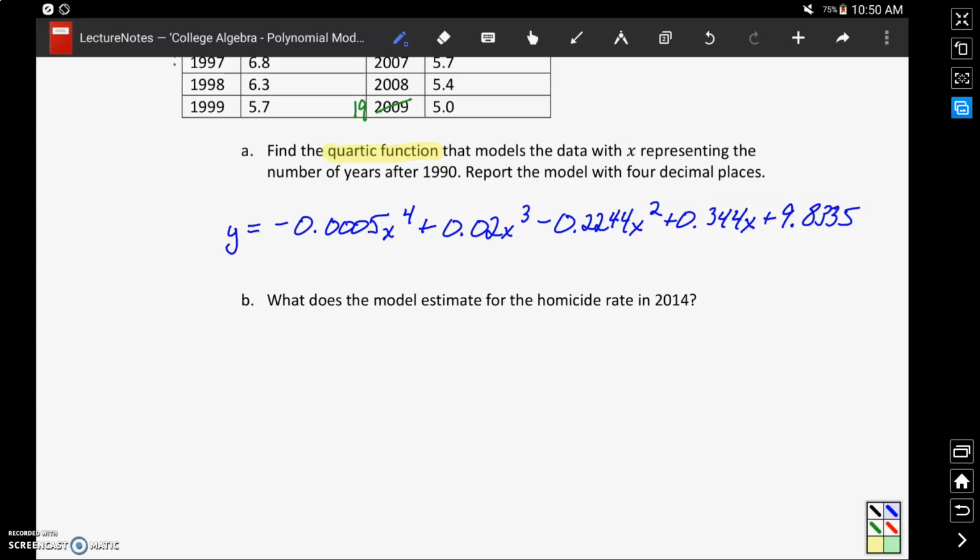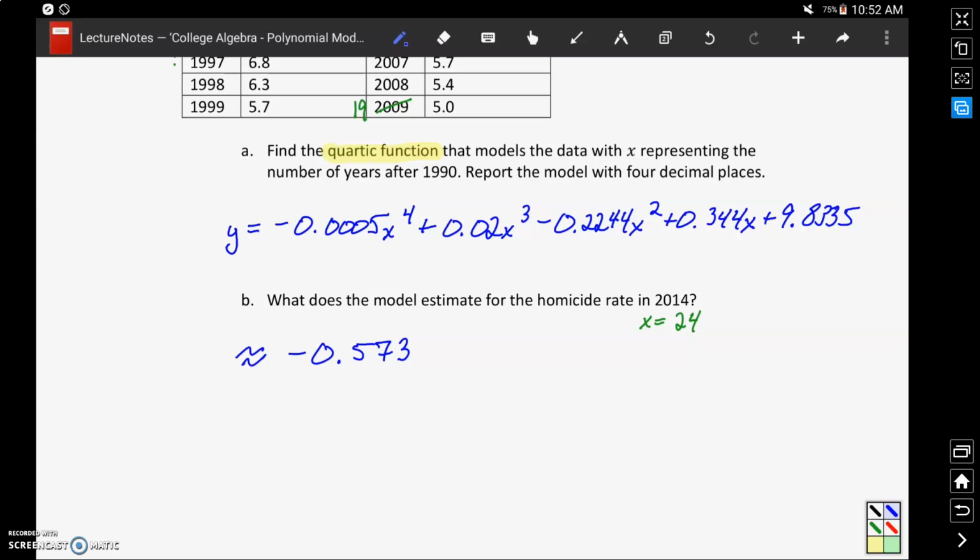And then we're asked in part B, what does the model estimate for the homicide rate in 2014? So this would correspond to a value of x equals 14. I'm sorry, since this is years since 1990, that would correspond to x equals 24, which means we would want to take that value of x equals 24 and substitute it into our model. Substituting 24 into our model will actually give us, in this case, a result of approximately 0.573, or I'm sorry, negative 0.573,